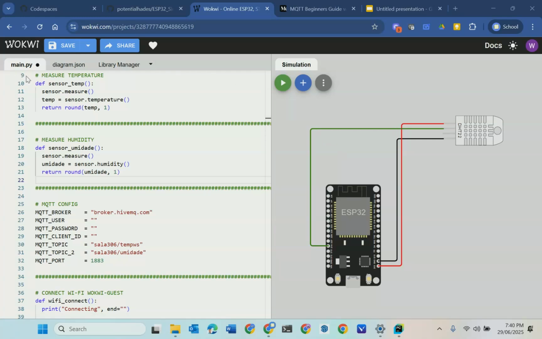Okay, so this video is following on from the previous video where we got an ESP32 running in CodeSpaces to publish some MQTT data. So now we want to subscribe to that topic so we can actually see that data and make use of it in a Python